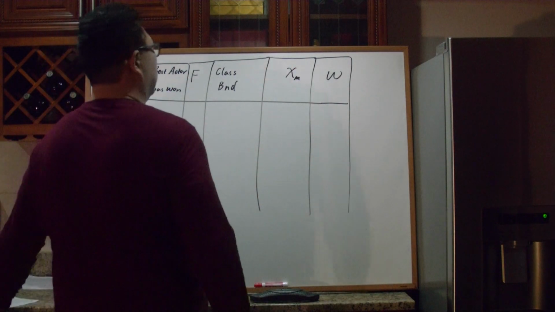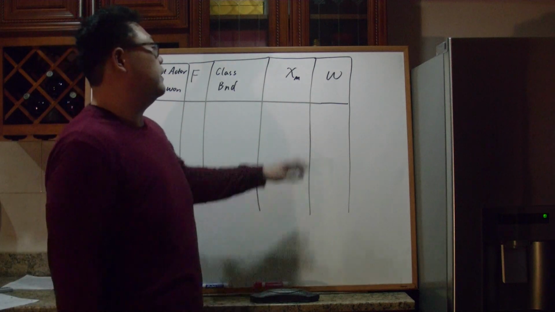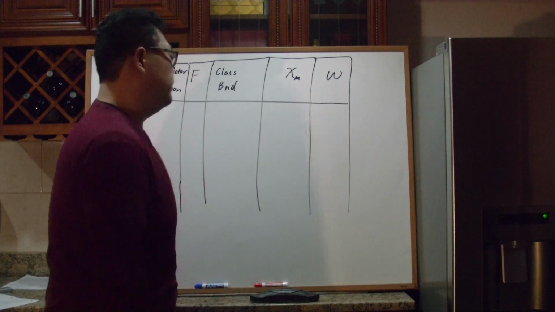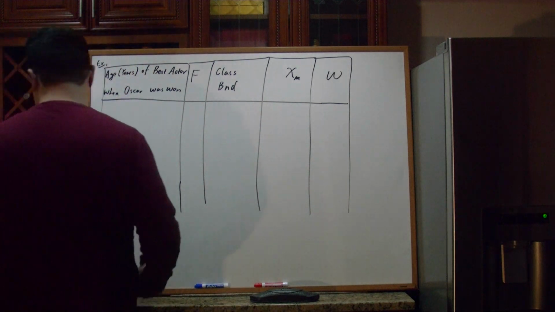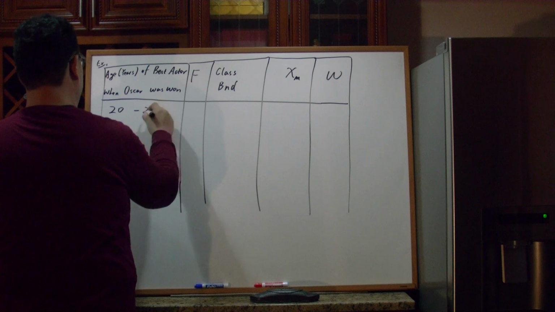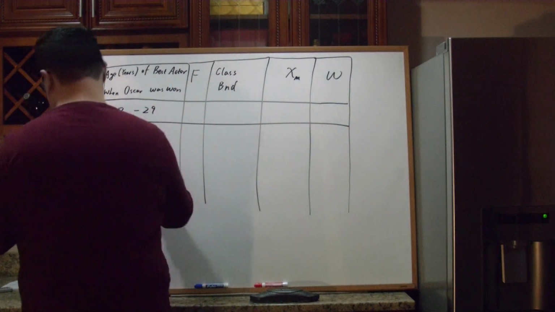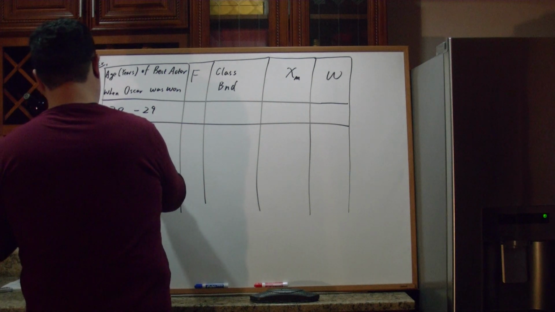Right, the notation for class midpoint, we can use x sub m. The notation for the class width, as seen, we could just use w to stand for class width. Right, and we have data from 20 to 29, 30, 40,